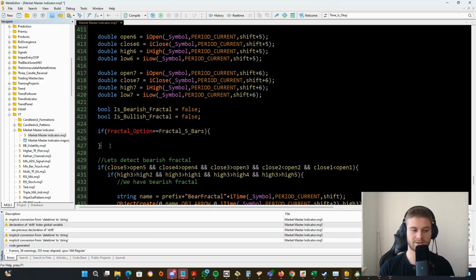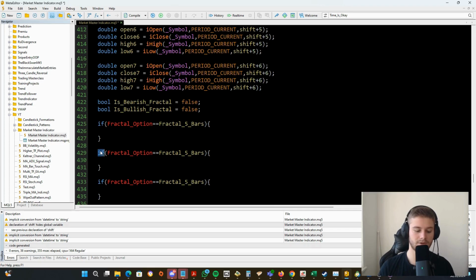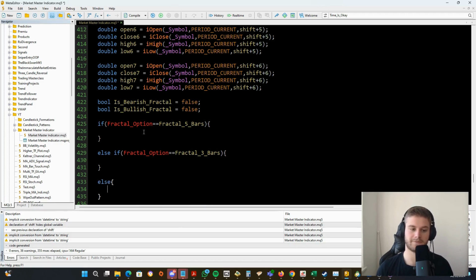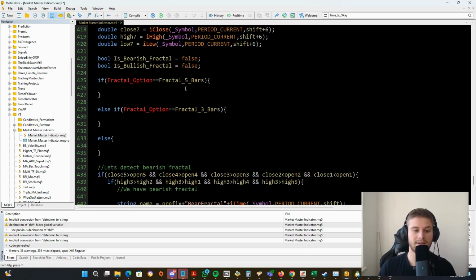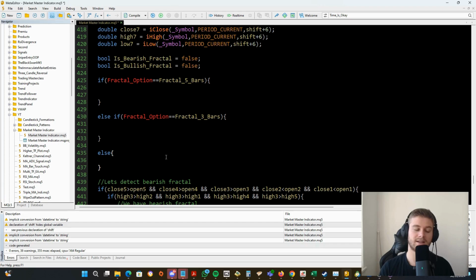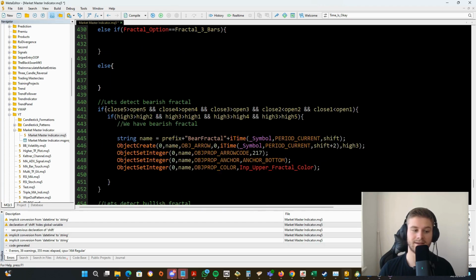So let's just copy this here, and we can do else if, and then we can do 3 bars, and then we don't have to do else if. We can also do else, because if neither of these options are true, then it has to be 7 bars. Okay, so simple. And now inside of these if-else statements, I will create another if-else statement that will basically detect